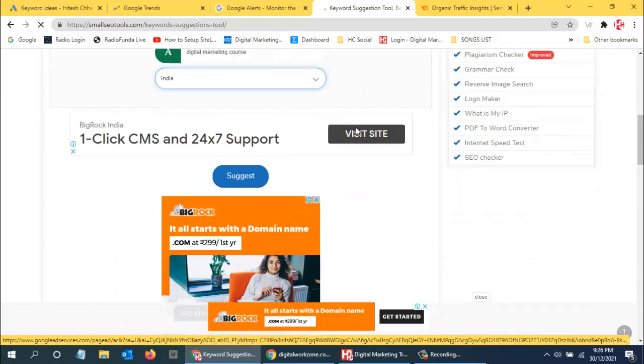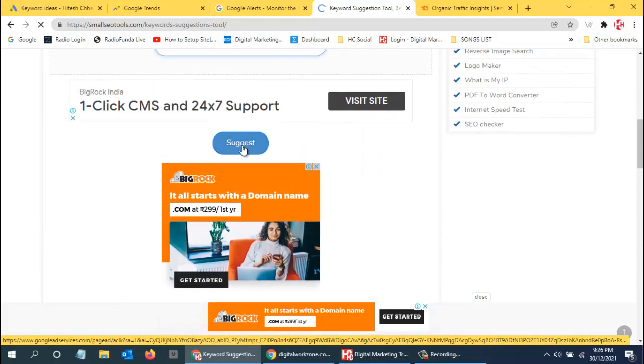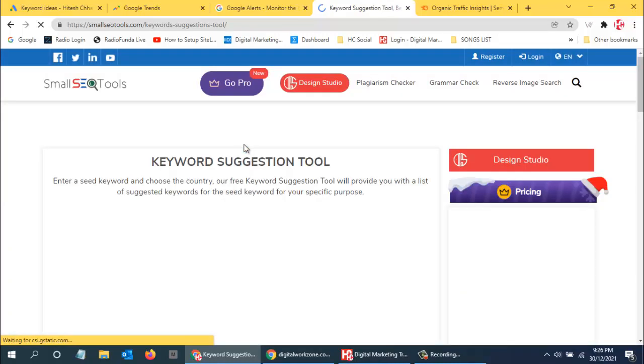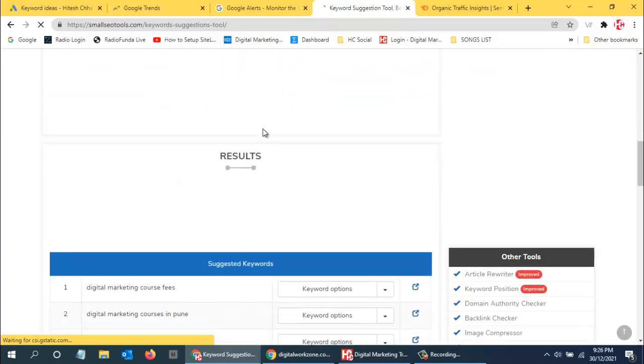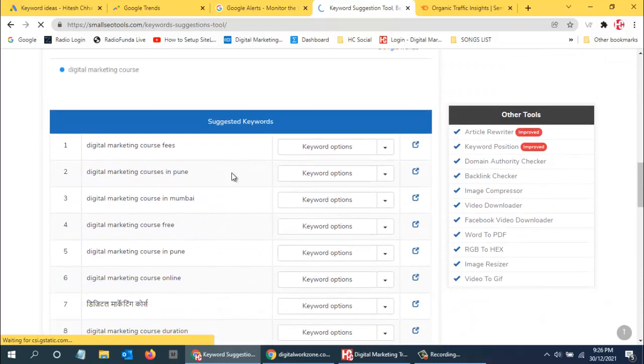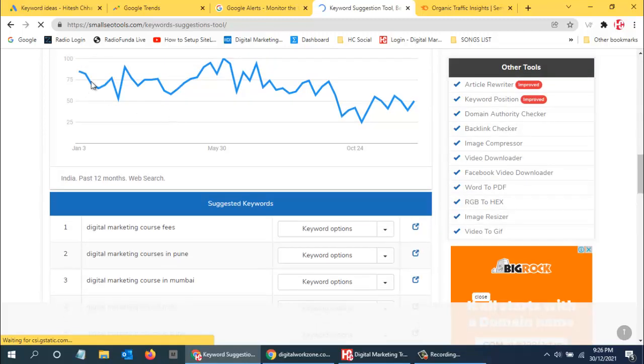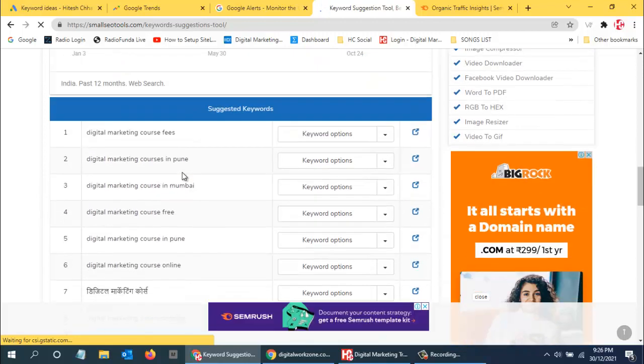And then suggest. See over here you can see all the related keywords, keyword suggestion tools in India for past 12 months web searches. So these are the keywords that people have searched in the past 12 months related to digital marketing.